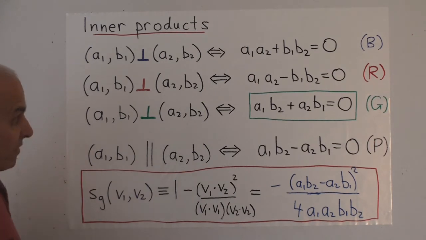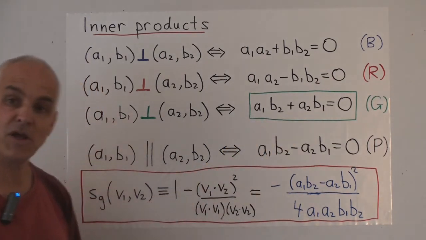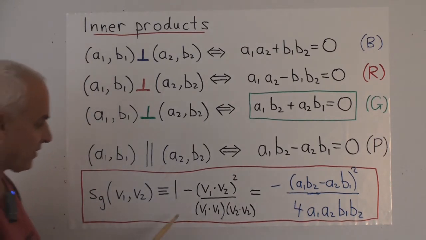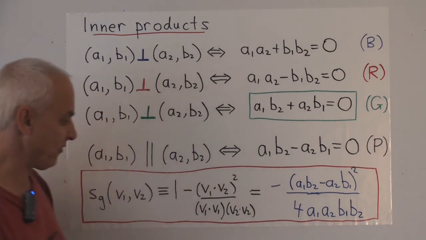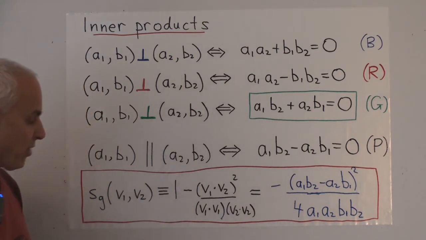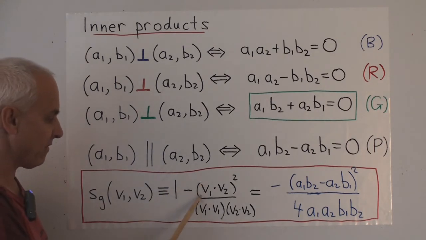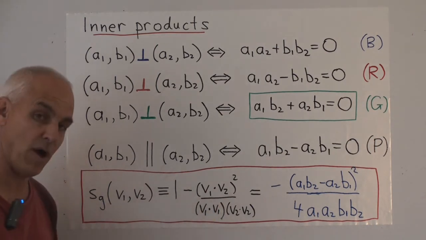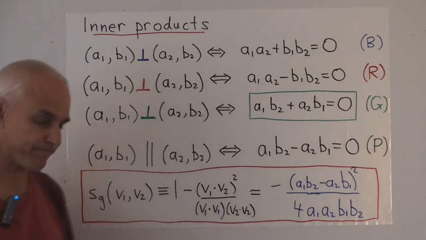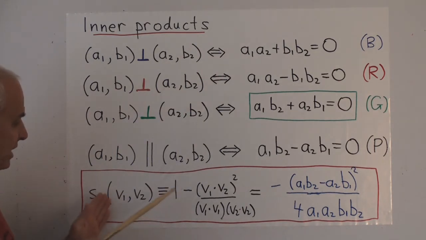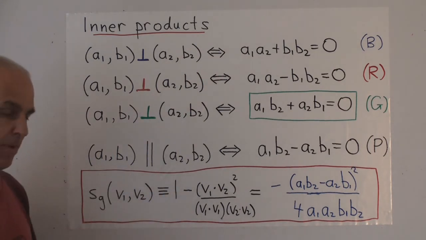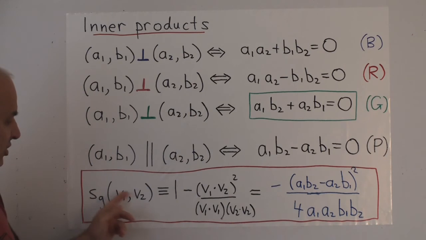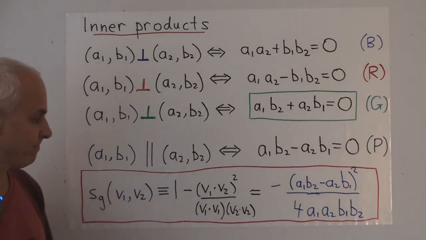All right, so once we have this notion of green inner product, we can use it to define the notion of the spread between the two vectors. Because we had this basic formula for a spread between two vectors, which can be expressed in terms of a dot product like this: 1 minus the dot product of v1 with v2, all squared, divided by the dot product of v1 with itself times the dot product of v2 with itself. And that then turns out to be independent of scaling of v1. If you multiply v1 by 3, then this quantity doesn't change. And there's a 1 minus here to ensure that when these two vectors are the same, we get 0.